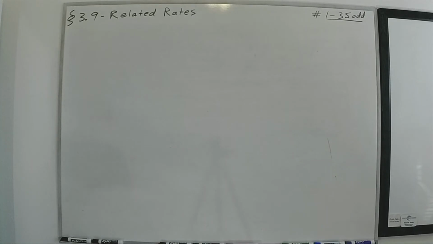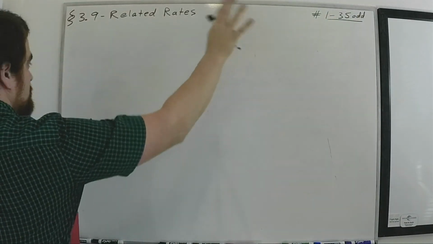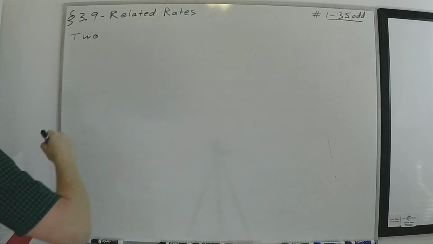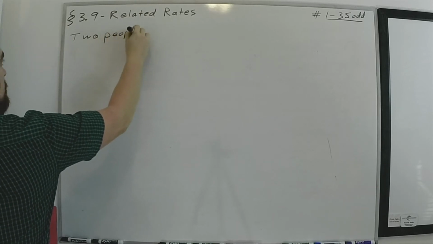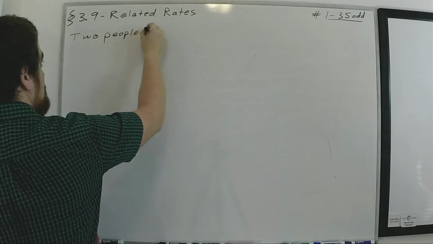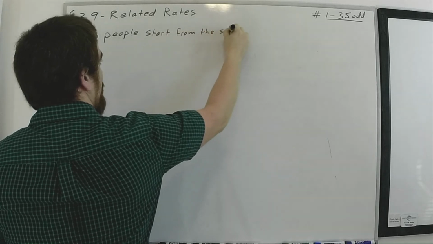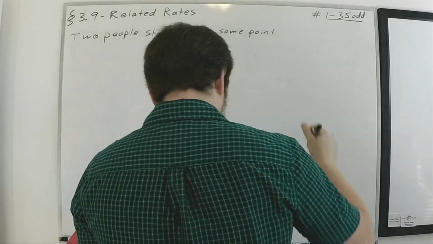I want to look at one more. I'm just going to, again, steal from the textbook, but this will be me stealing from one of the problems, it's like number 48 in the textbook, so it's a little after the ones that we even need to do. But I just think it's a nice problem, though I do give it one little tweak. And it says, two people start from the same point. Don't worry, it won't be too much writing. It's not that wordy. One walks east